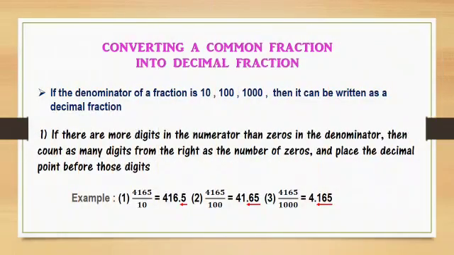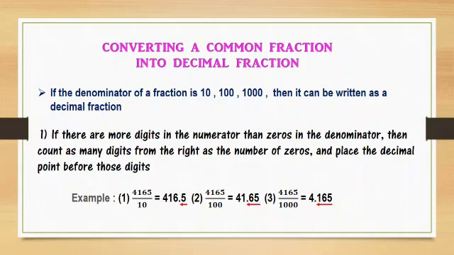Converting a common fraction into decimal fraction. If the denominator of a fraction is 10, 100, 1000, then it can be written as decimal fraction. Under that first one, if there are more digits in the numerator than zeros in the denominator, then count as many digits from right as the number of zeros and place the decimal point before those digits. For example, first one,